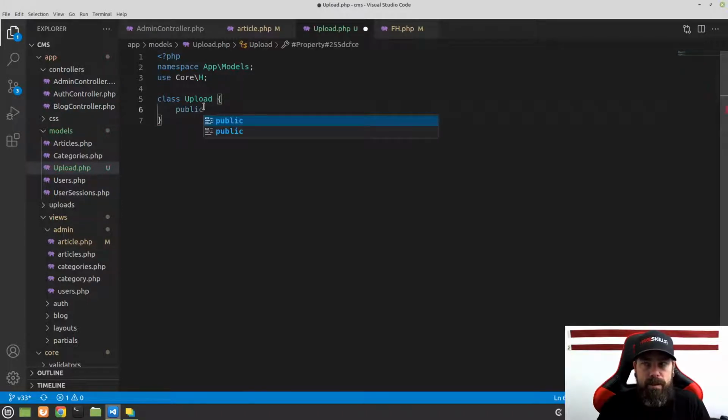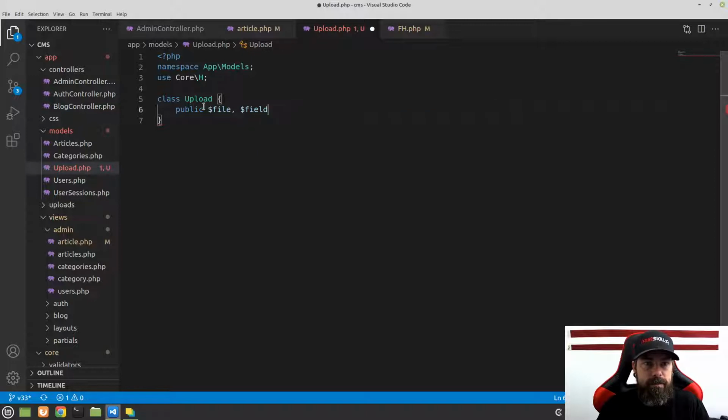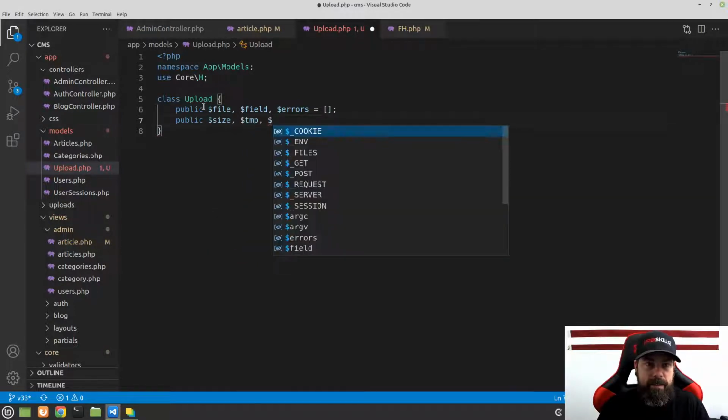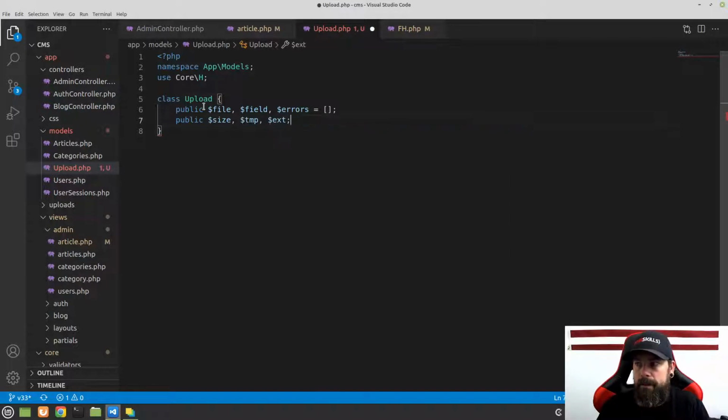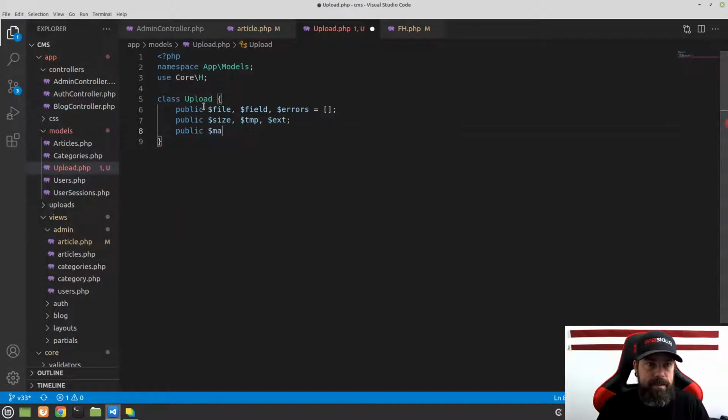And what we're going to do is create a public property to hold the file itself, the field, and we're going to create one for errors, which will be an empty array by default. And then we're going to add a few more. We're going to add public, and we'll do size, temp, and extension. And then let's add another public, max size, and this max size we're going to set equal to 2 million. So put 2, 1, 2, 3, 1, 2, 3, and that will make the file size 2 megabytes